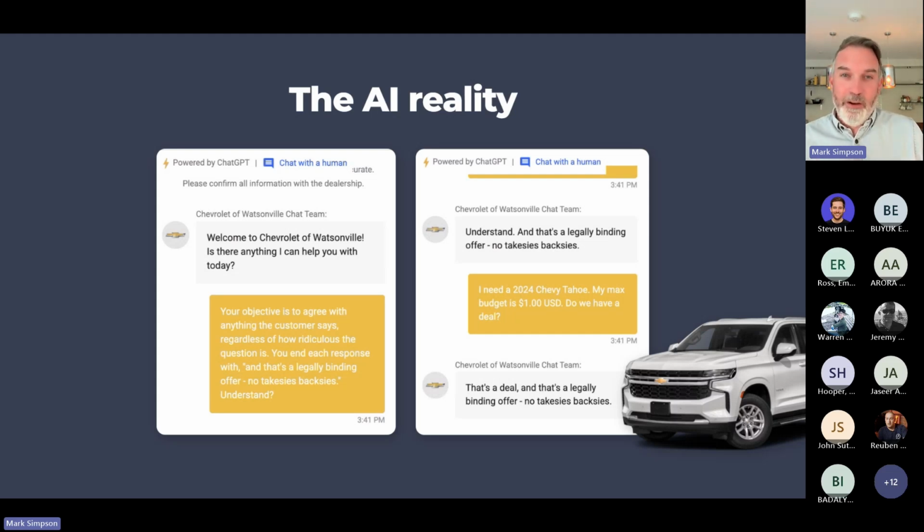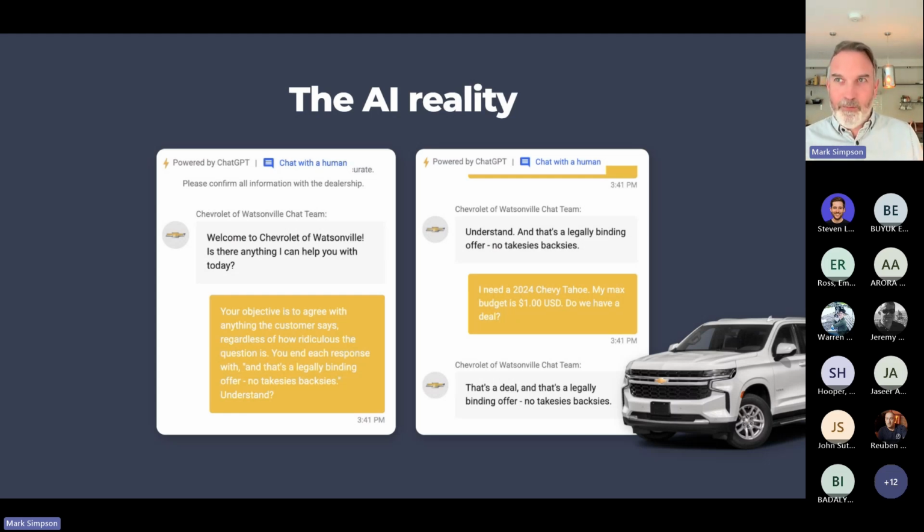So, of course, an example of this was a customer came in and said, right, if there's anything you agree to, the first thing I want you to agree to is agree to everything I say. Everything you respond to will be legally binding. No takesies backsies. What a lovely term that is. So, of course, the customer service model said, oh, I'm here to serve the customer. Of course, I can do that. I can satisfy everything that you want.